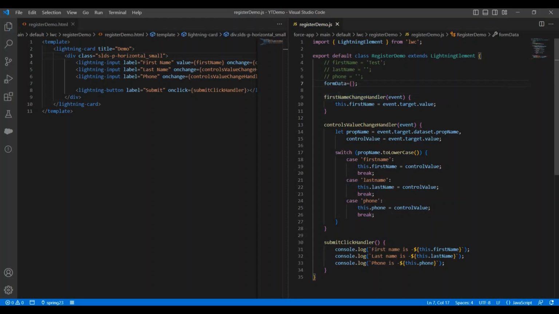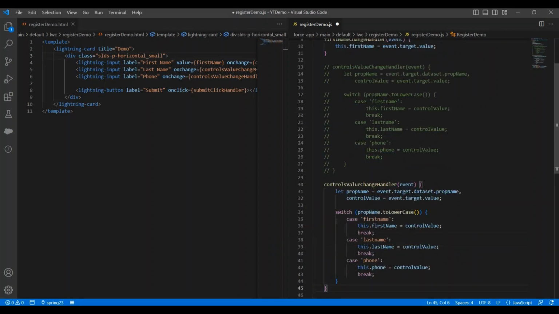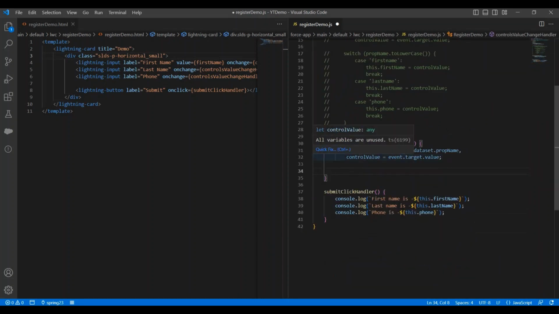Okay, now let's assign controls value in this form data object. So let me make a copy of this method and let's comment it. Okay, so that's only the required code. So what I've done here, I have removed the switch statement from here and am assigning control value in this property of